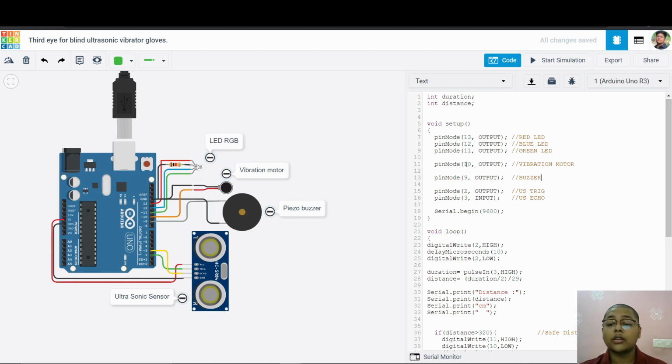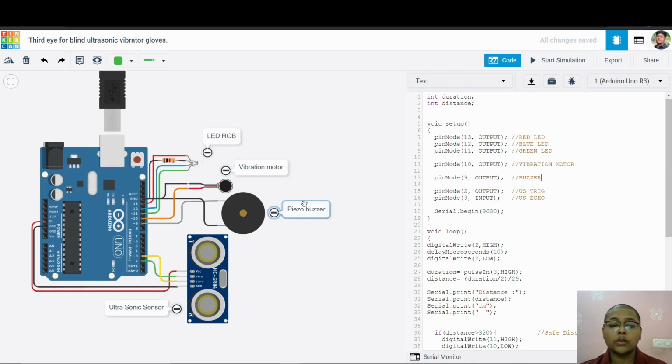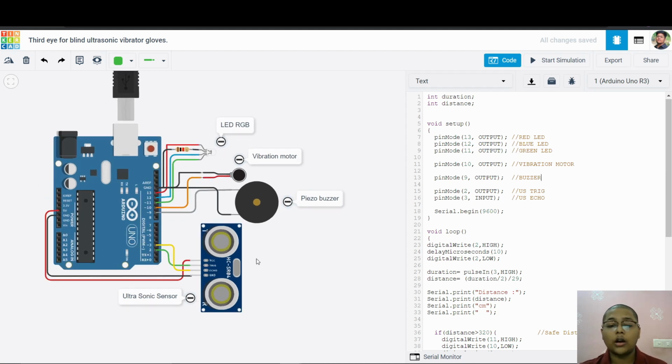Pin 10 is output for the vibration motor. Pin 9 is output for the piezo buzzer. And after that, there are two pins on the ultrasonic sensor called trig and echo, which are assigned to 2 and 3. Pin 2 is for ultrasonic trig and pin 3 is for ultrasonic echo.